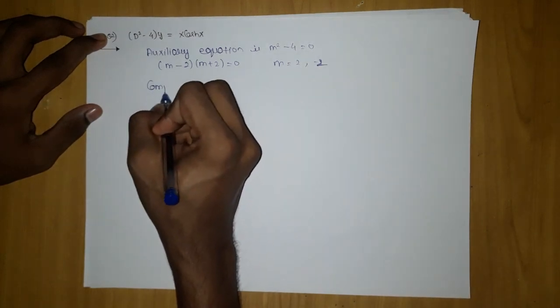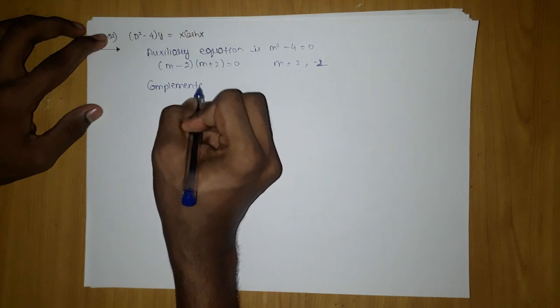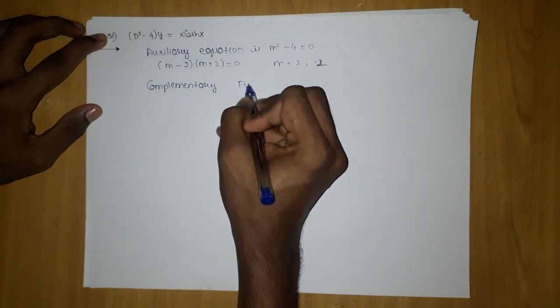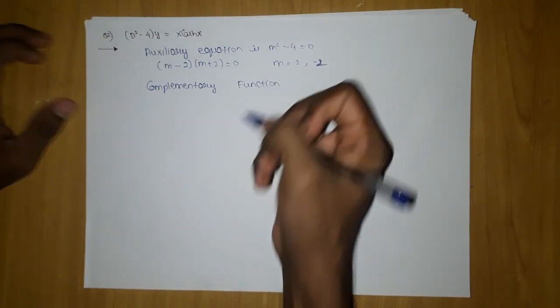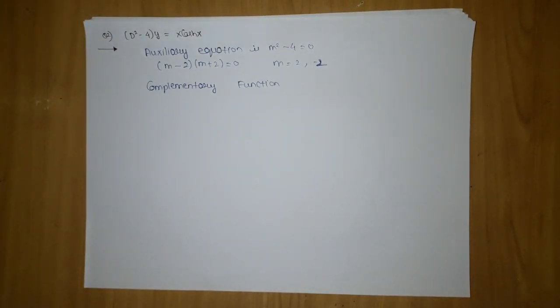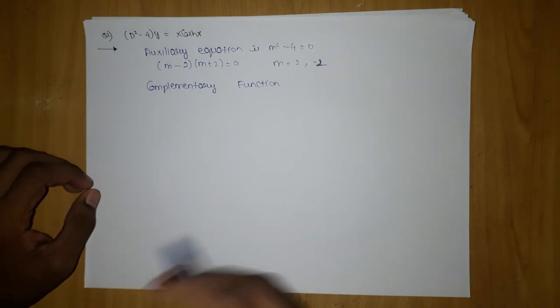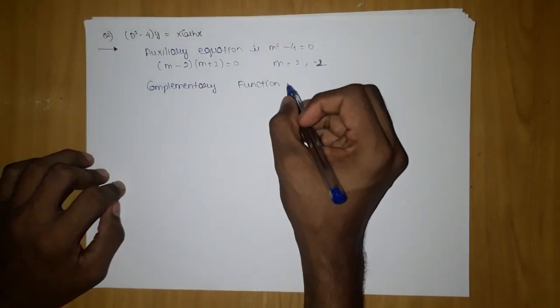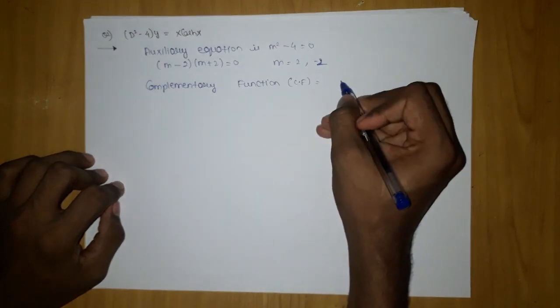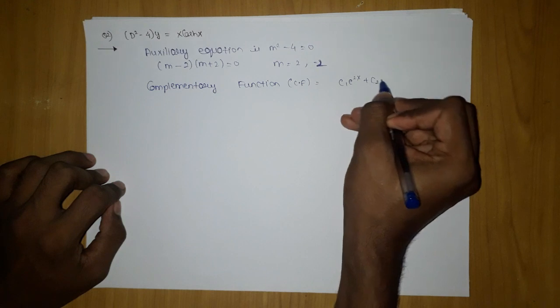Now the complementary function is very simple. As we move on, we start reducing the steps. Like when we are in this type, we don't write that the roots are real and distinct. Okay, it's up to you whether you want to write it or not. But when you move on to type 5, type 6, then it is not needed, because the particular integral itself is very long. So you don't waste your time writing all these statements, roots are real and distinct. It's self explanatory. So the complementary function CF, you will write c1 e to the power 2x plus c2 e to the power minus 2x.